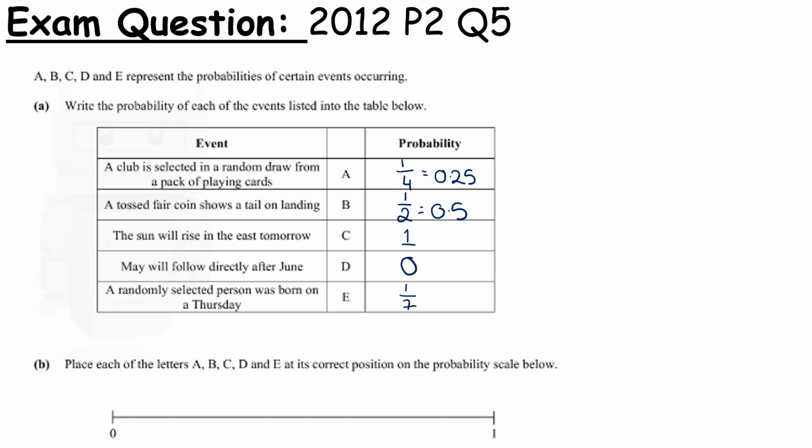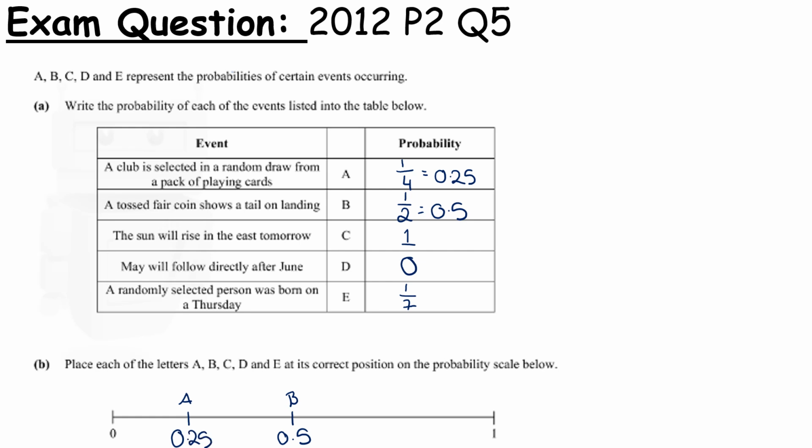Now, if this was a printed question, we'd want to get our ruler out and make sure that we mark this accordingly, just like we would mark any number line. So I'm going to try eyeball it here. There is my 0.5. Let me write my 0.5 underneath. And that is actually event B. And then halfway down here is clubs. So that is my event A,